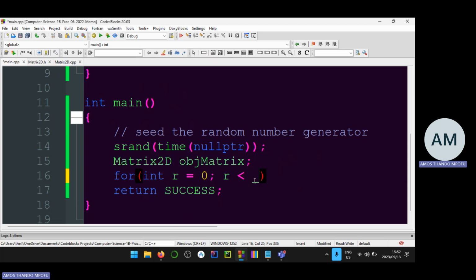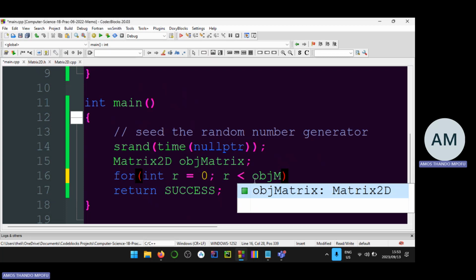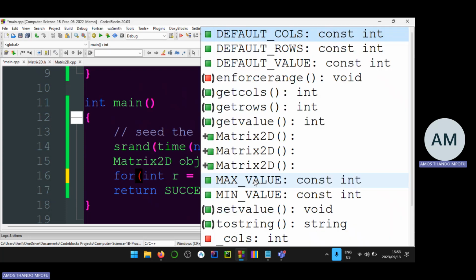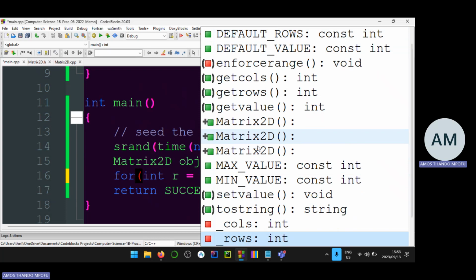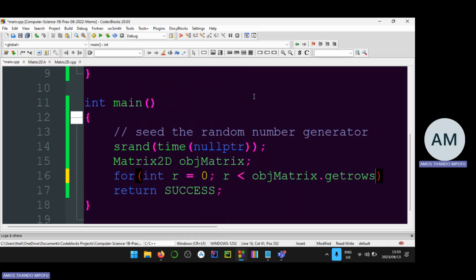And then underscore rows. Okay, not underscore rows. Remember that we are outside the class now. If I try and say underscore rows, you see, it's private. How do I know? There's the color red there. It means I can't access it. How would I access it? Remember what the practical said. It said create accessors. So I'm going to access it via this function